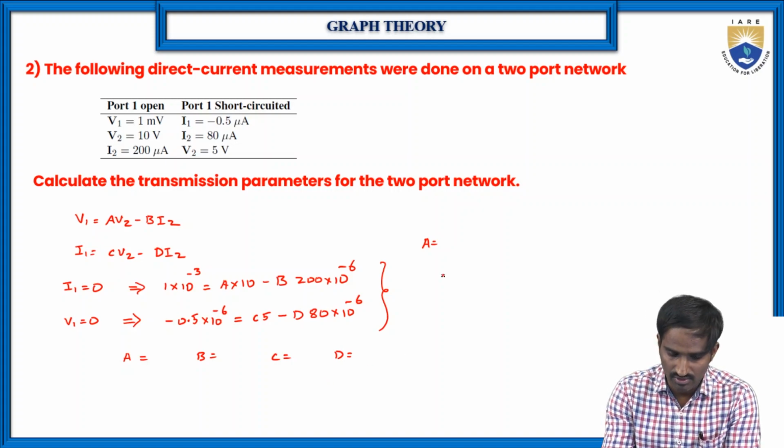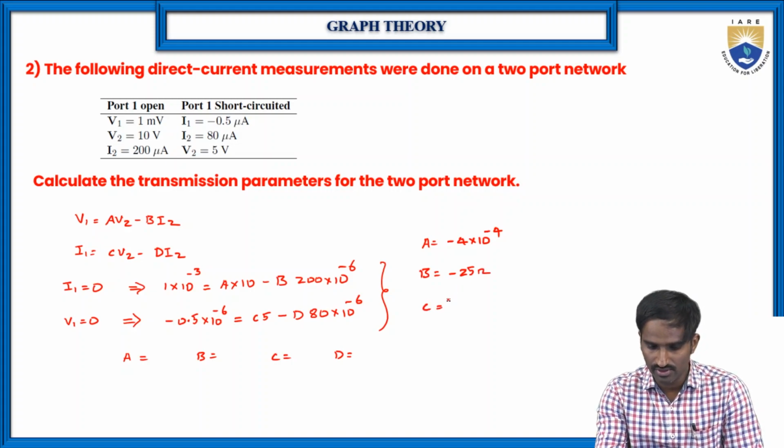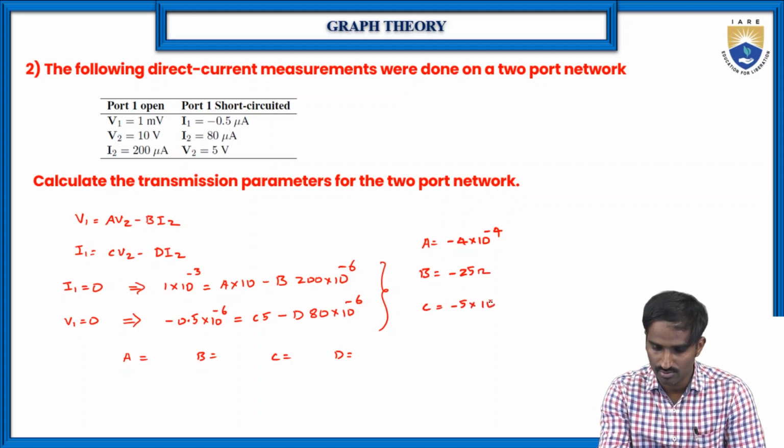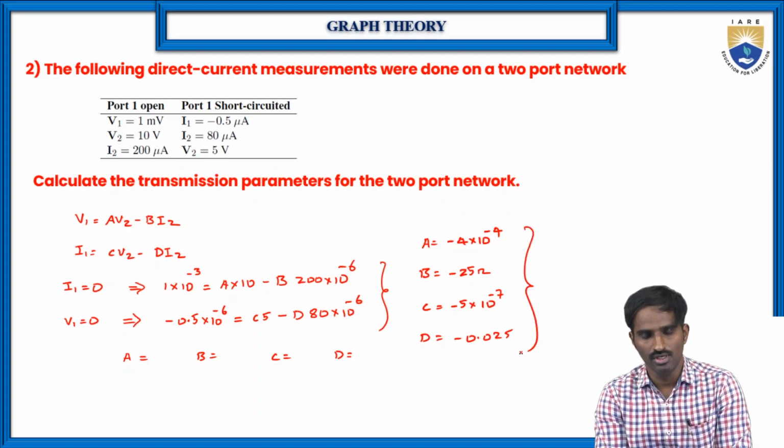So here A is equal to minus 4 into 10 to the power of minus 4. And here B is equal to minus 25 ohms. And C is equal to minus 5 into 10 to the power of minus 7. And D is equal to minus 0.025. So these are the values of A, B, C, D. So which means here